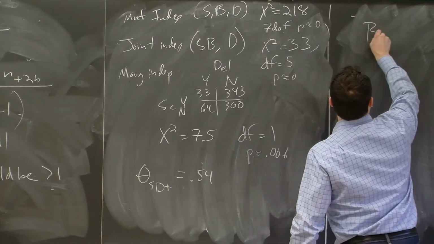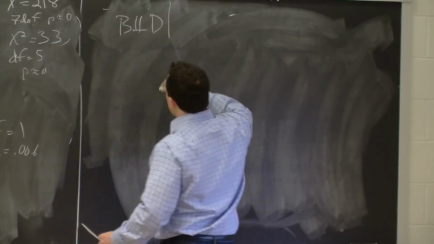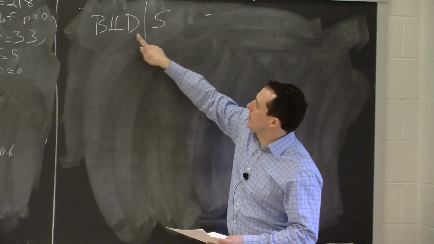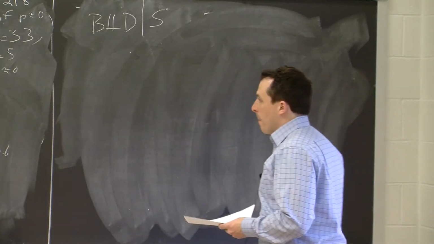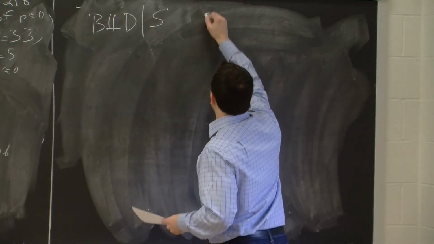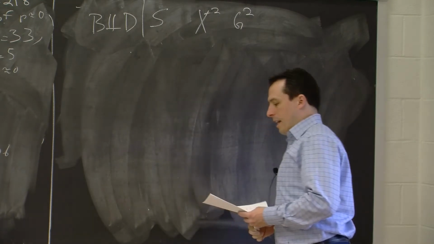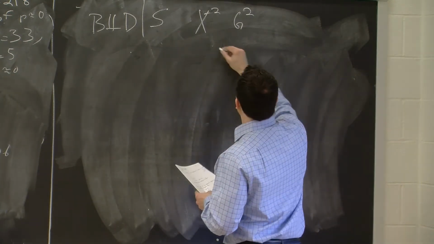So we want to check the null hypothesis: B is independent of D given S, so that's socioeconomic status, this is delinquency, and this is Boy Scout. And we can use either of the two procedures we talked about. So you could take a Pearson or G-squared test, adding up what we would get from all the conditionals. And this will give us